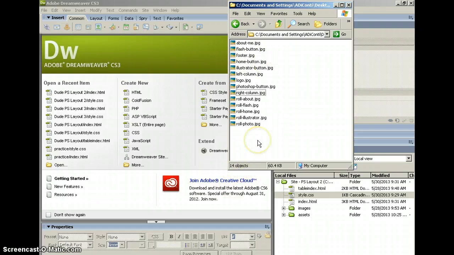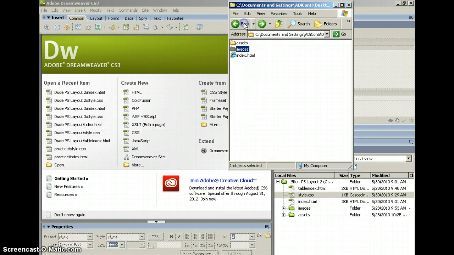You might have a couple extra images. If you know what those extra images are, you may go ahead and delete those. If you're not sure, then just go ahead and leave them alone. It won't matter if you have extra images. Okay, so what I would like to do is go back here and show you the index that it